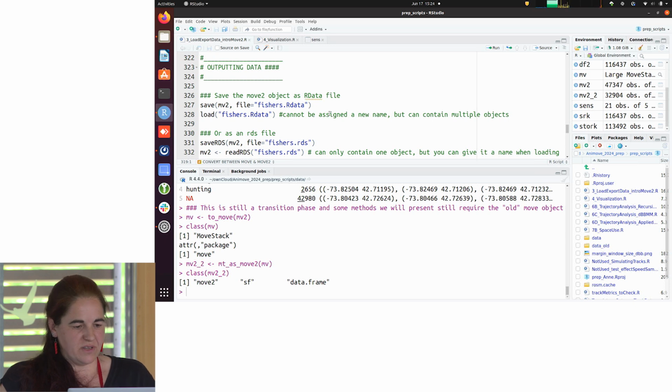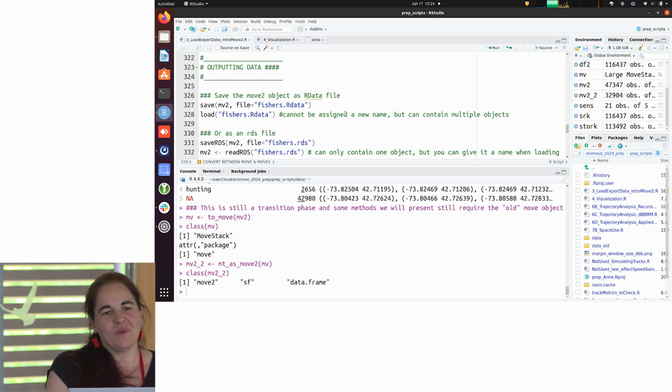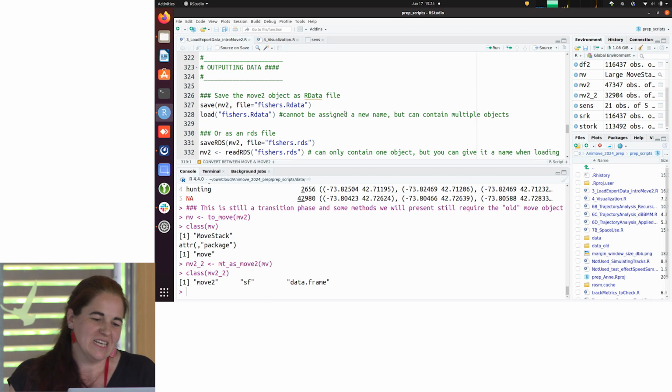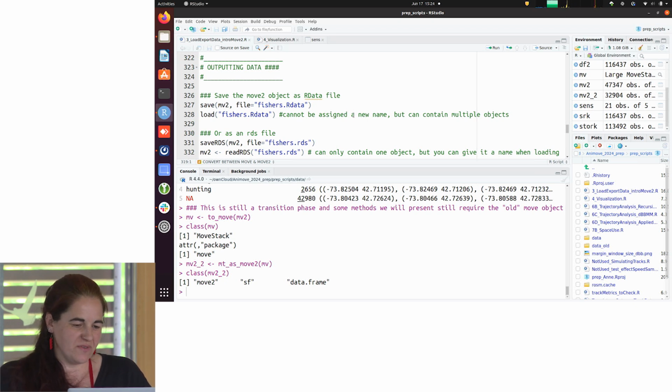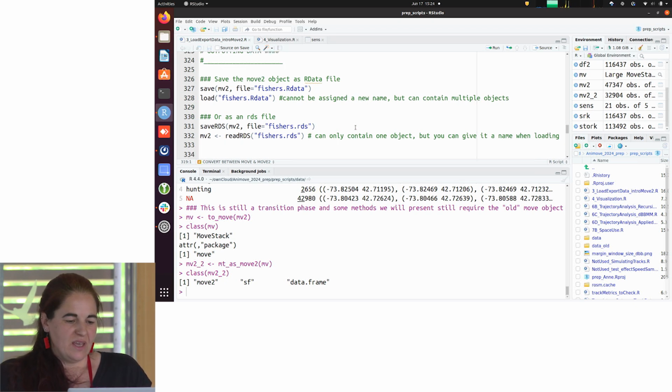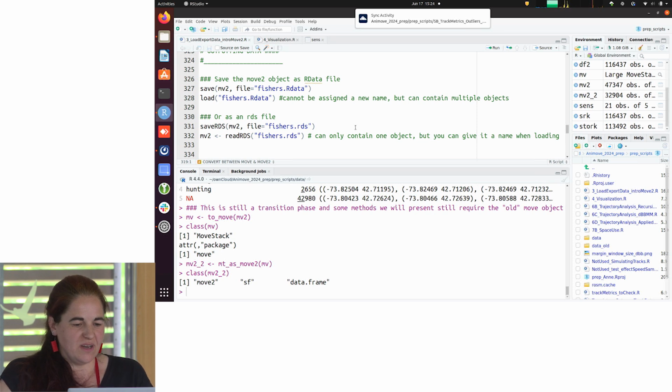So, last part, I think. Now we have this data. How can we save it? Because we don't want to download this data over and over again. So there are several ways how to save this data. One of them is the RData